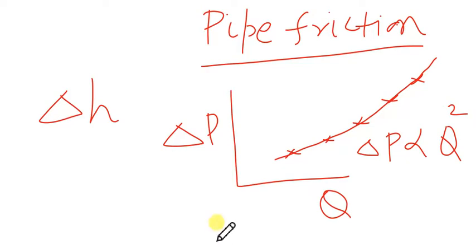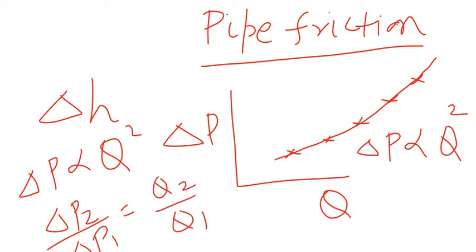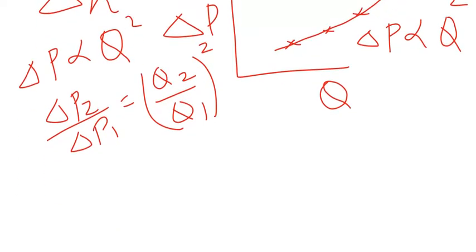It means that if you double the flow rate, delta P is proportional to Q squared. So if you double the flow rate, delta P2 by delta P1 becomes (Q2 over Q1) squared. So Q2 over Q1 is 2, it means it becomes 4 times. Okay. In the laminar region, we didn't study it in the experiment, but by simulation or by theory we can know that